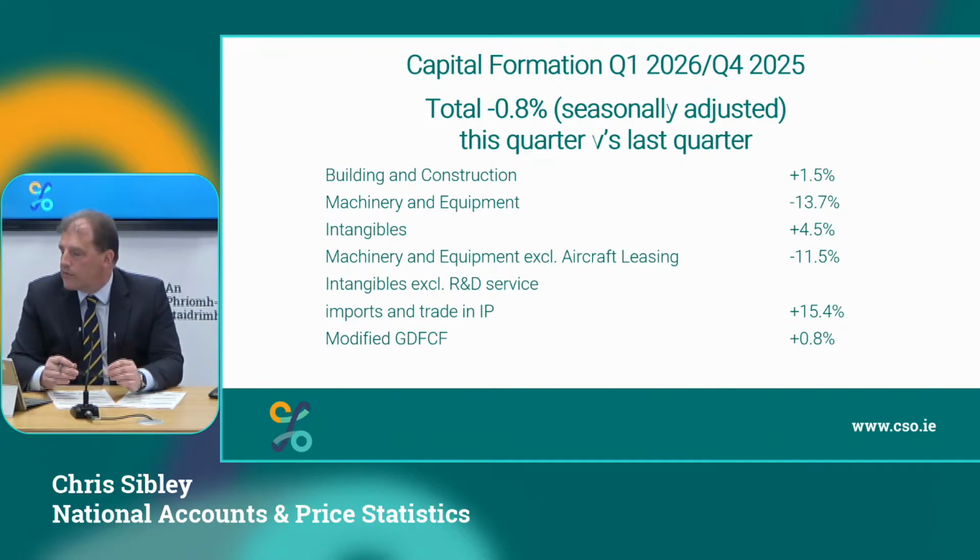The big story probably there is, well, we're seeing positive growth in building and construction. That's on both sides of the accounts, a small positive there. But the big story is probably around machinery and equipment falling into Q1. So our computer hardware numbers are down in Q1. And that's related to really quite large data center investment we had in Q4. So the base effects of a large Q4 giving us a fall into Q1 2026. And that's suppressing, I guess, the overall modified investment numbers for Q1.